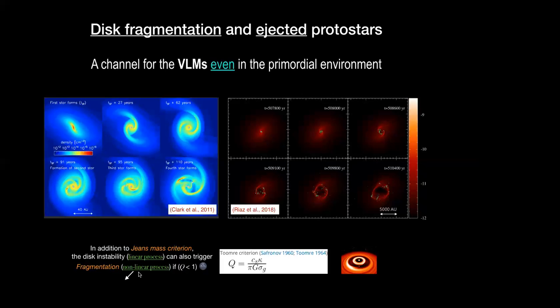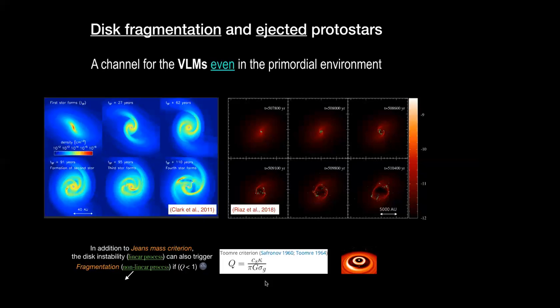I would also discuss this in a sense that the disk instability is a linear process, while when the fragmentation occurs, it is a non-linear process. Now, people discuss the non-linearity or the linearity in all possible ways, but what I want to say here is a sense of causality. We all know that with cause and effect, there is a chain. Every effect has some cause behind. So as long as the causality is unidirectional, we say that the process is linear in its nature.